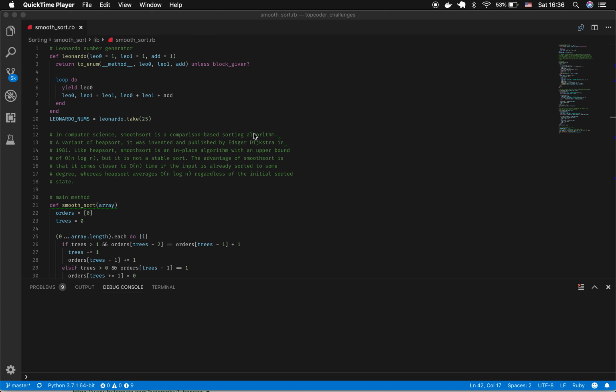Tonight we're going to take a look at the smooth sort algorithm challenge presented by Topcoder. Now the smooth sort is a comparison-based sorting algorithm. It's a variant of heap sort, and it creates heaps like heap sort, but it creates heaps in a very specific manner. It does this by creating something that can best be termed as a Leonardo heap, because each of the heap sizes are based off of Leonardo numbers. Now, Leonardo numbers are just a variant of the Fibonacci number system,